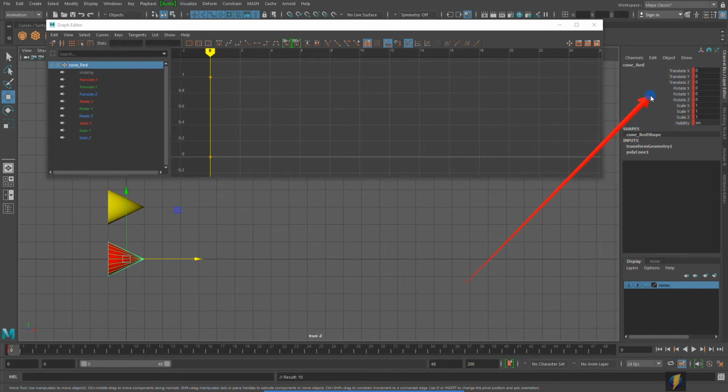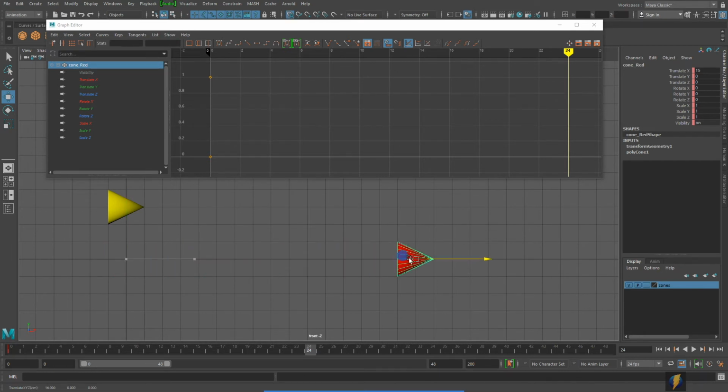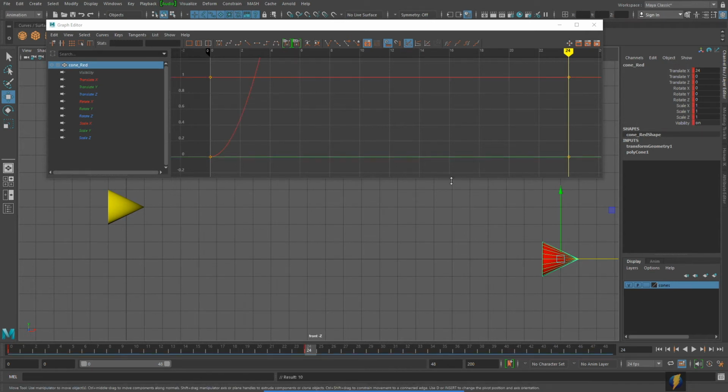I really only need to set it on this channel, the Translate X channel, but we'll deal with that in a little bit. I'm going to scrub my timeline to frame 24, and I'm going to move my cone exactly 24 units, and I will key it by pressing S. So now my cone is animated,